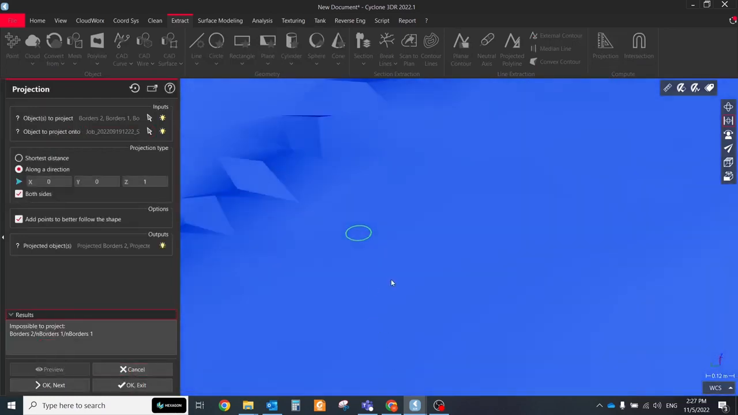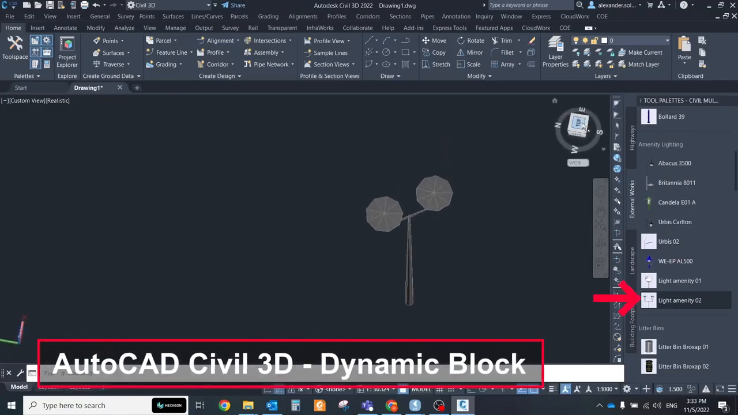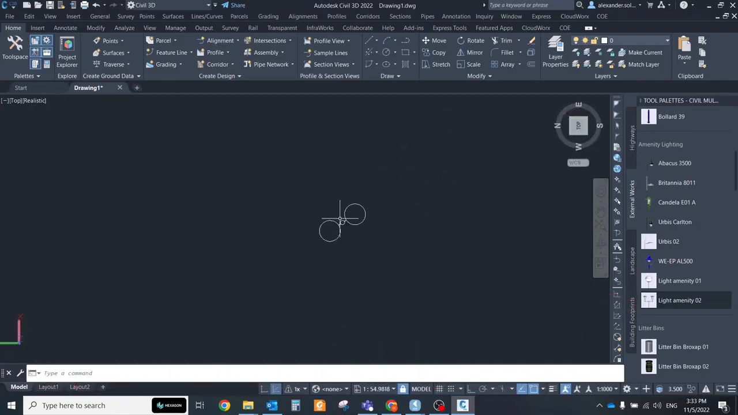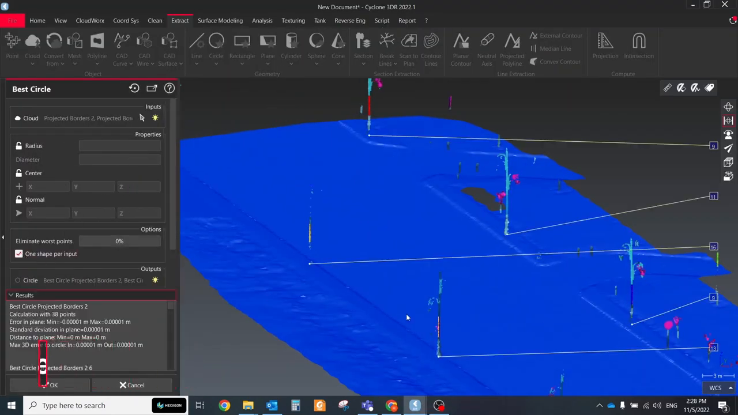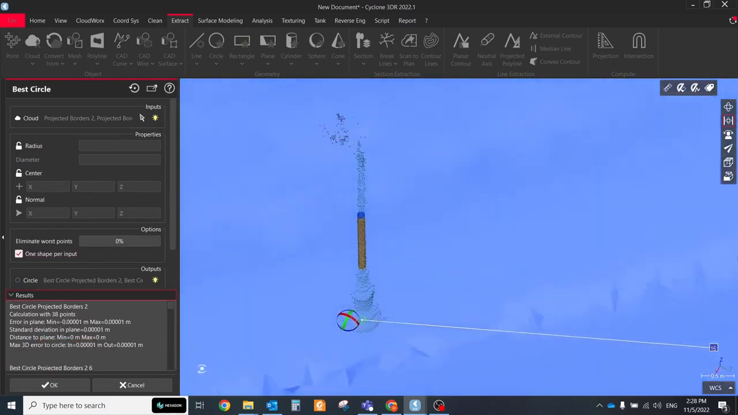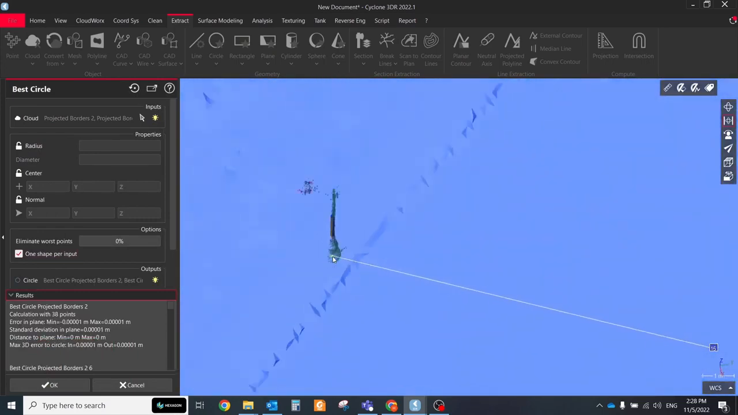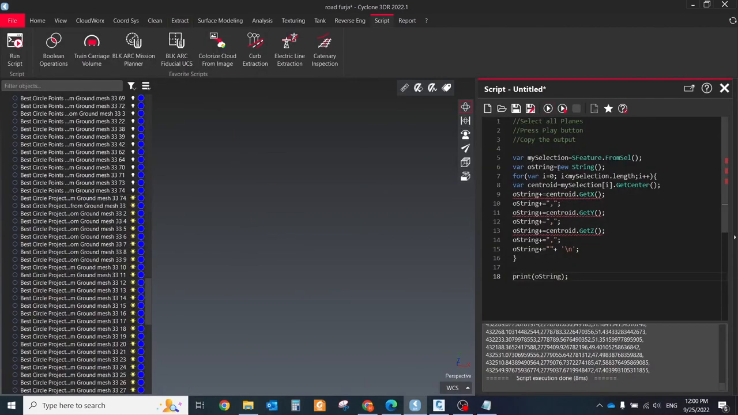If your final deliverable will be a 2D plan or 3D model in AutoCAD Civil 3D, then you can create a dynamic block with different types of visibility and use multiple placement of this block based on information extracted from Cyclone 3D. Select all polylines that represent cylindrical objects and apply the best cylinder tool on them. Set the one shape per input option and use the below script to extract the center position of each geometry